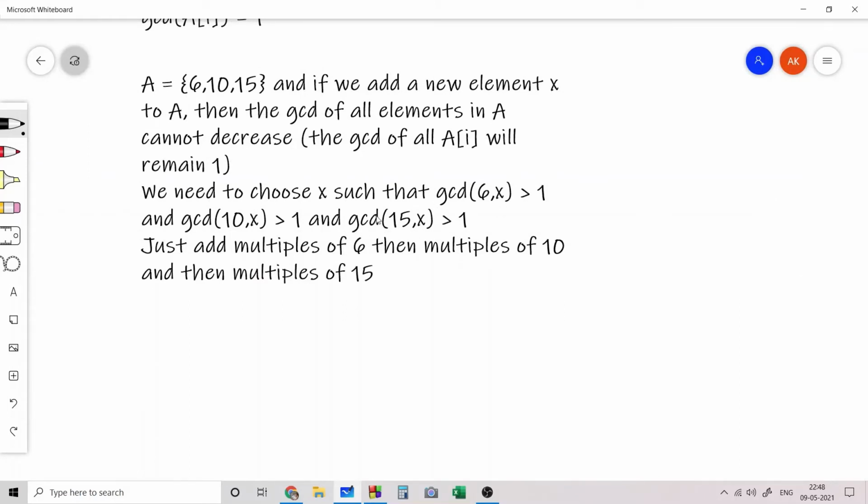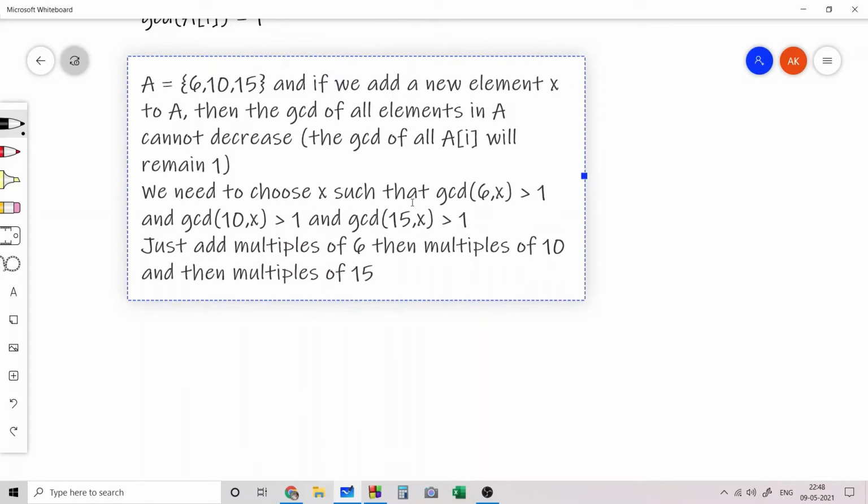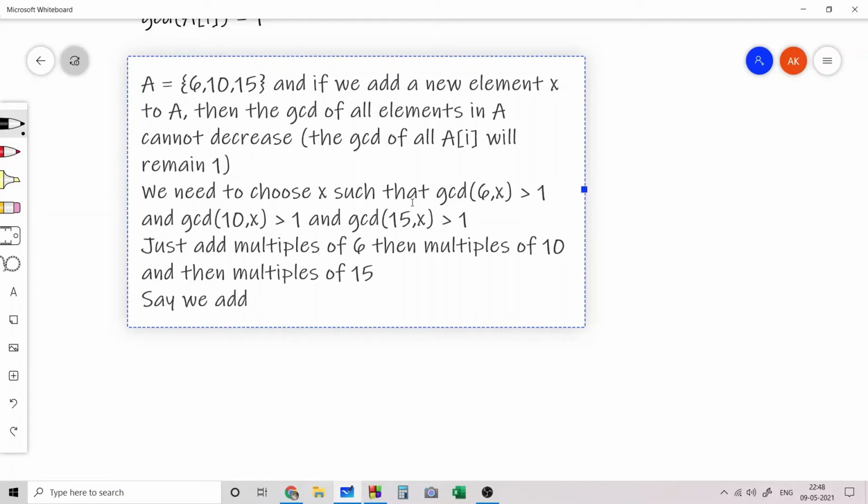then the GCD of x and 6 will obviously be equal to 6, which is greater than 1. The GCD of x and 10 will be at least 2. Let's clarify this by taking the example where x is equal to 6y.